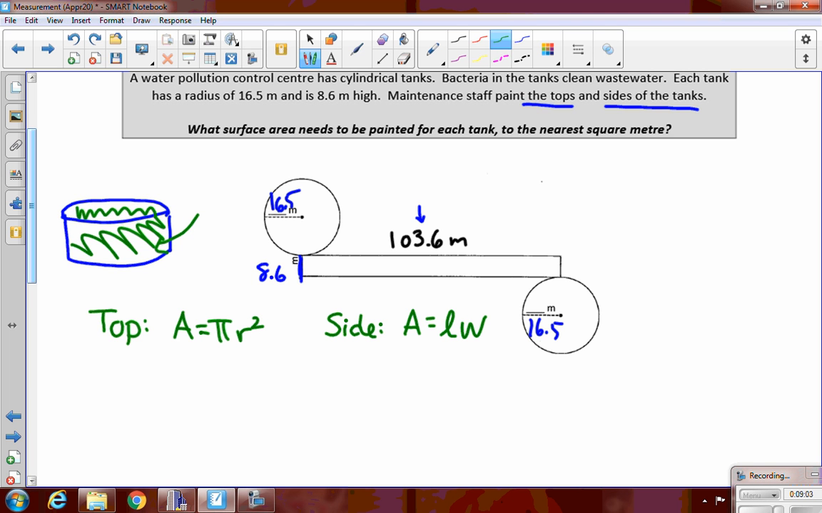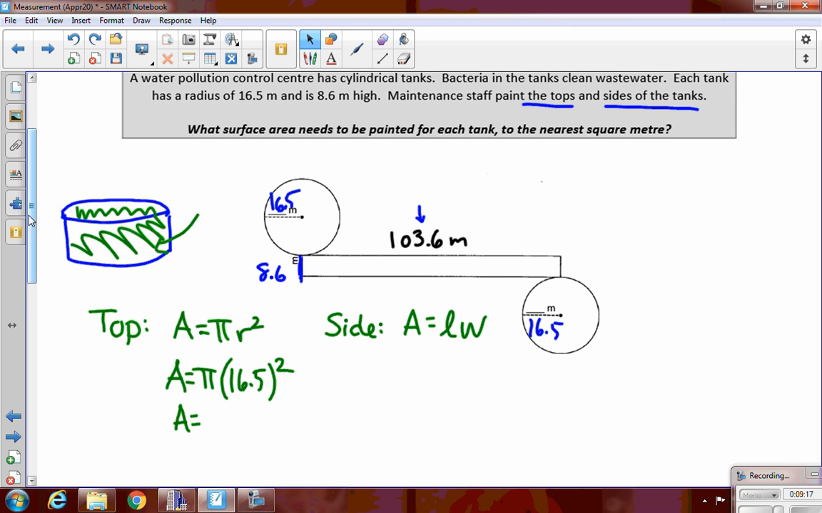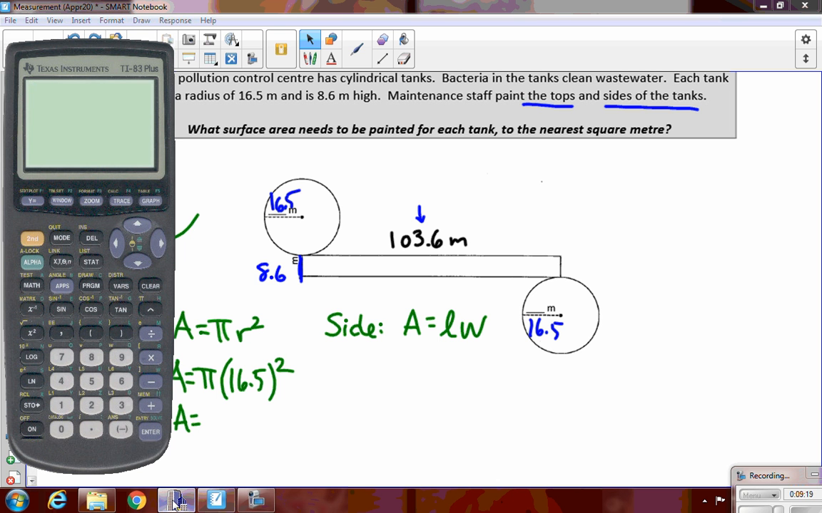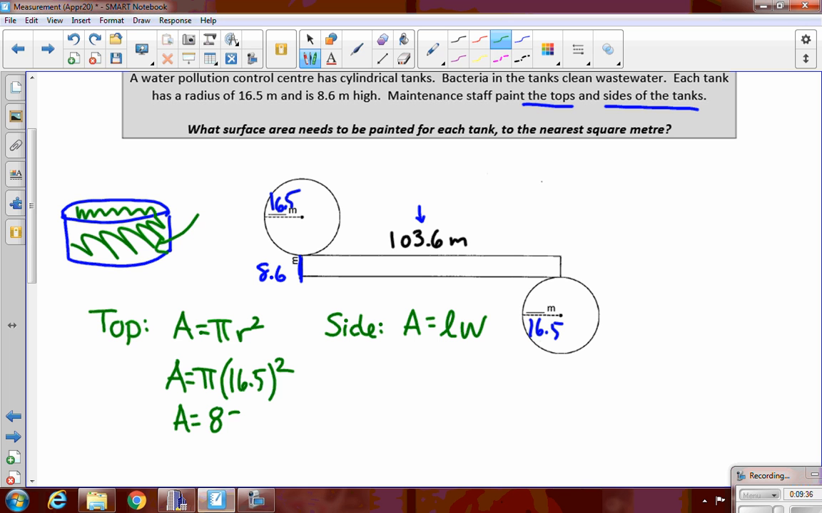So if we consider the top, the area is pi times the radius, which is 16.5 squared. So you can either go pi times 16.5 and use the square button, or pi times 16.5 times 16.5. So in your calculator, you can say pi times 16.5, I'll use the squared button. And I'm going to say that's 855.3 square meters. Now the rectangle